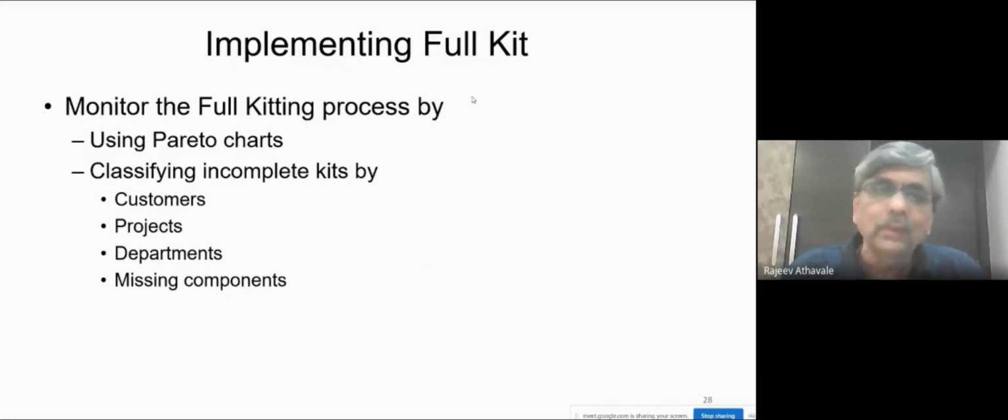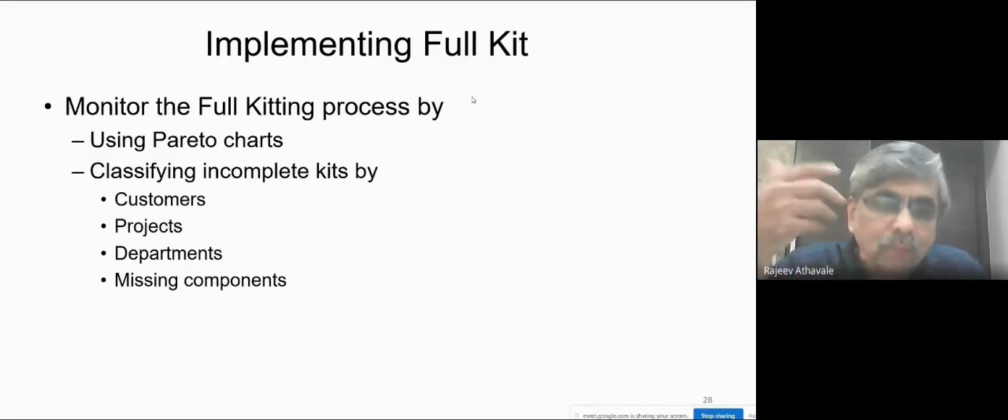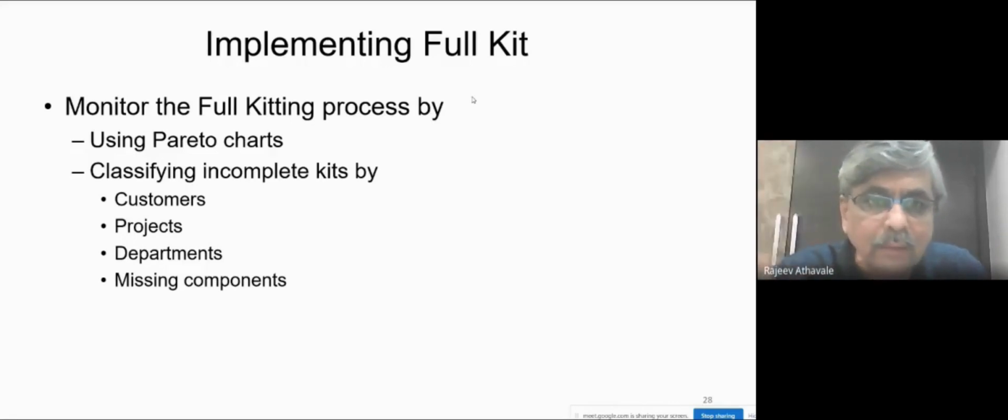See, what will happen is even if you define full kit and start implementing, you will still find that full kit was not there. Few things were actually missing. Don't blame the people. Capture that data and then tighten up your process. Whatever lapses were made, instead of pulling up the people for their lapses, use it to make your process of fulfilling more accurate.